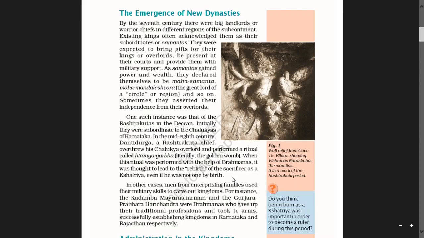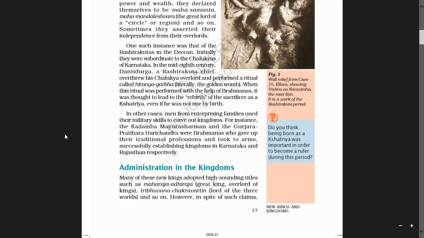Generally, Kshatriyas used to rule the areas, but when this ritual was performed with the help of Brahmanas, it was thought that it led to the rebirth of the sacrificer, the religious person who offers up sacrifice, and he is converted into a Kshatriya here.